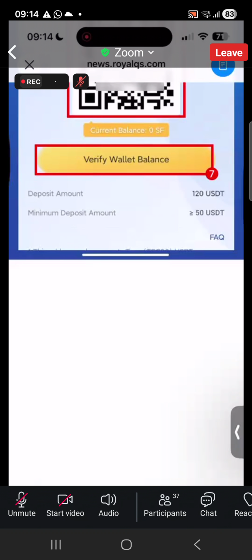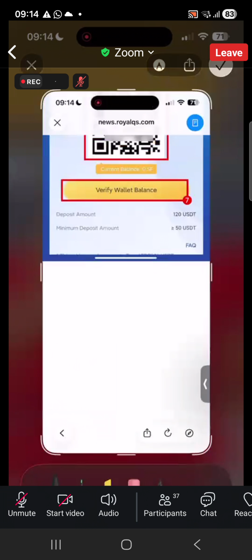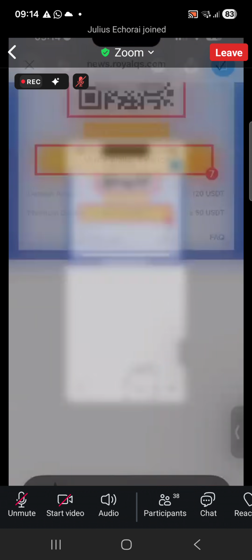Now, one can forward these instructions to someone. Your downline is so lazy to even get the